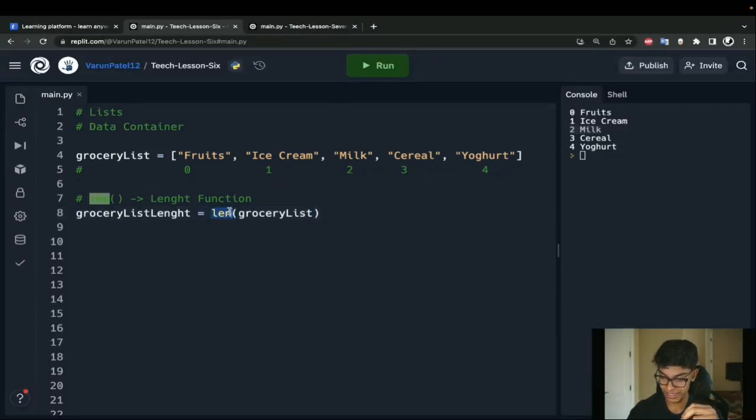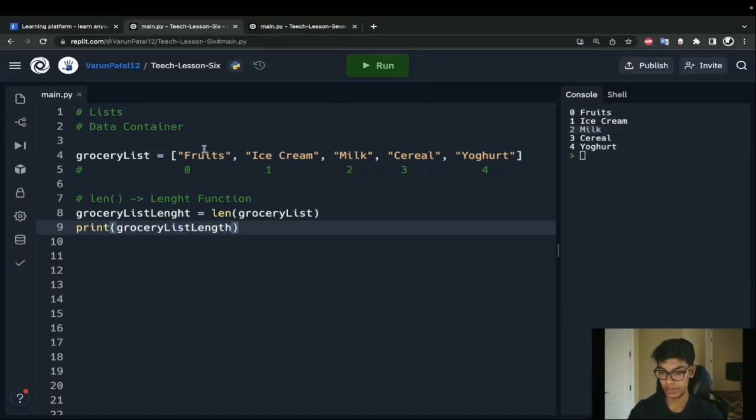So I have my length function, that's the name, len, and I'm passing it the argument of this entire list, right? So this function is going to run, and then it's going to return how long that list is. So then if I go ahead and I print grocery list length,